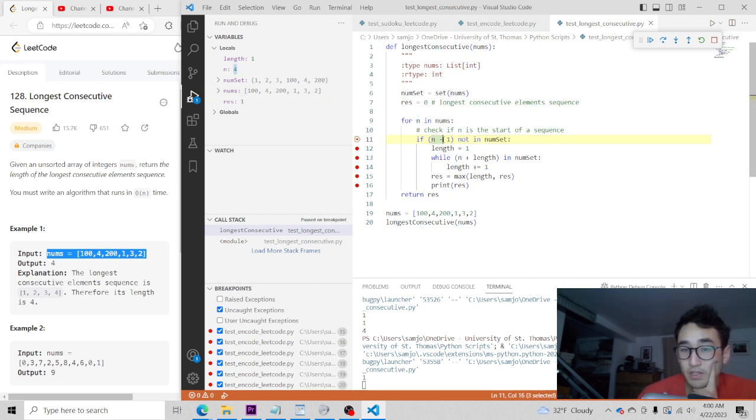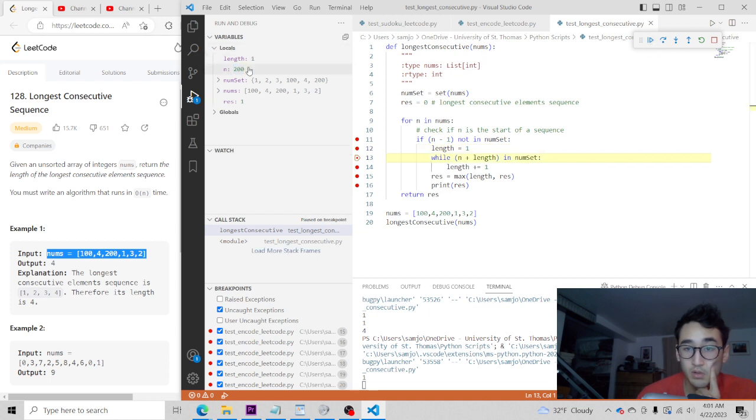Then the next statement, if n minus 1 is not in numset, n is now 4. So n minus 1 will be 3. If 3 is not in numset, then we can go through here, but it's not. So we skip to the next one where we go from 4 to 200. Right?